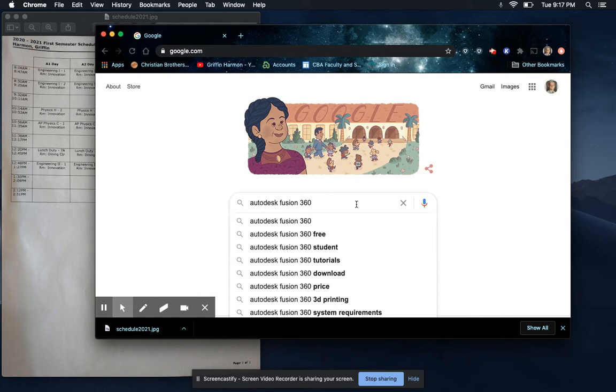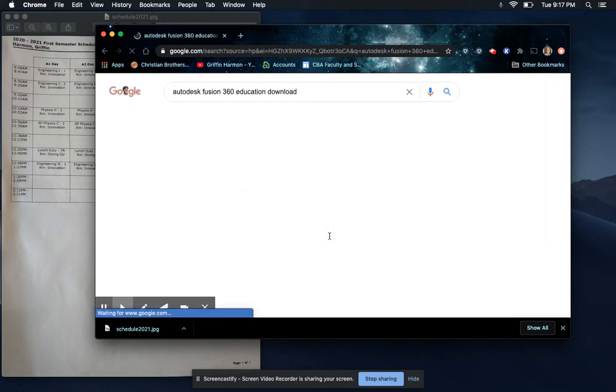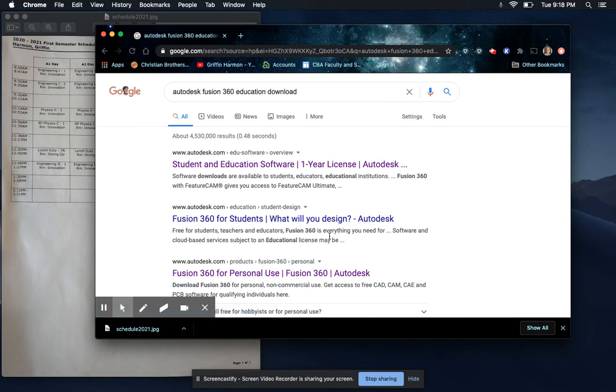If you have a computer that's a few years old, you're not really sure if it's going to run the software or not, then you probably want to try Autodesk Fusion 360 first. It's a slimmed down version of the full software, and it actually runs pretty nice. It's actually a little bit of a cleaner interface too. It's a little simplified, it looks a little nicer, but doesn't have the full